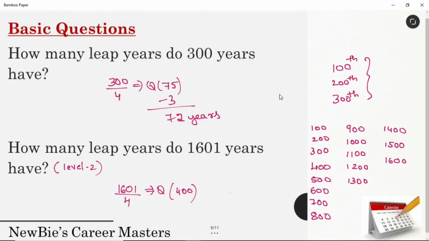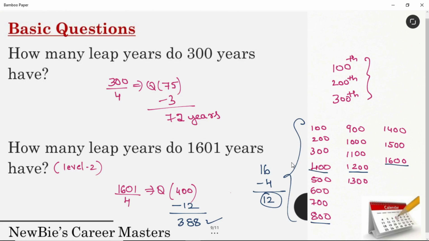See, concentrate here properly. I'll teach you all possible ways to solve this question. Rather than removing non-leap years, I'll just take the leap years. So, how many leap years are there? 400 is a leap year, 800 is a leap year, 1200 is a leap year, 1600 is a leap year. Correct. So, out of this 16 count, 4 are leap years. So, how many non-leap years? 12 ordinary years. Remove that 12. Simple. So total is 388. Now also you will get the same answer.